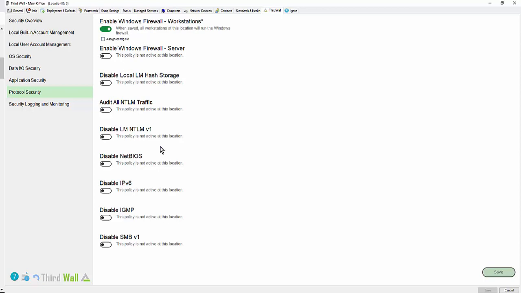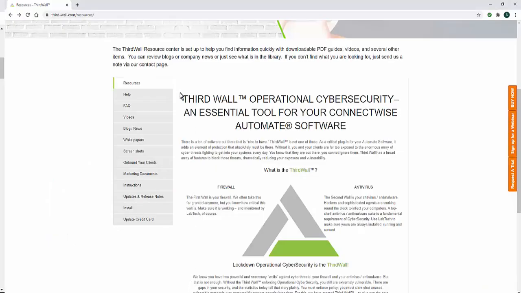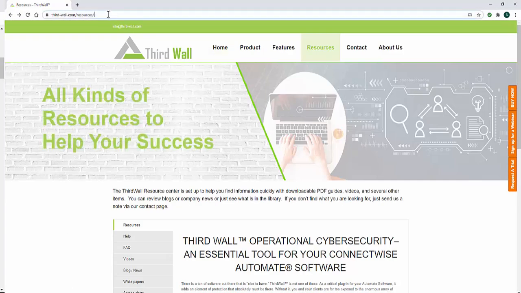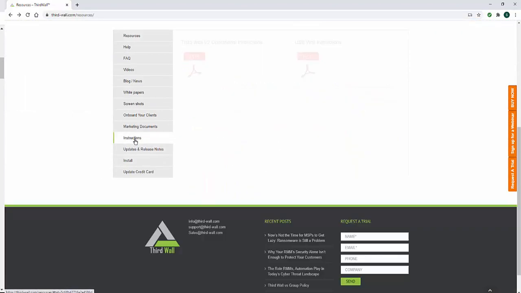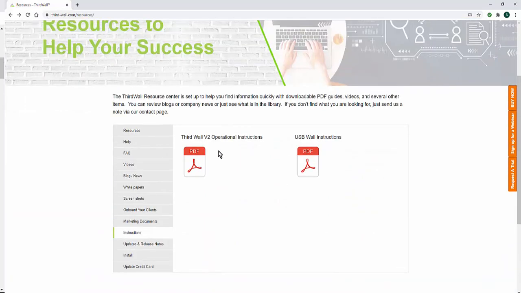Now there is an interesting backdoor. I'm going to switch back over to our website for a minute. Under thirdwall.com resources, there is a page called instructions. Here are our operational instructions. I highly recommend that you download these instructions and keep them on hand. They describe everything I'm talking about and more. So very thorough and current, so you'll certainly want to download that and have it by your side